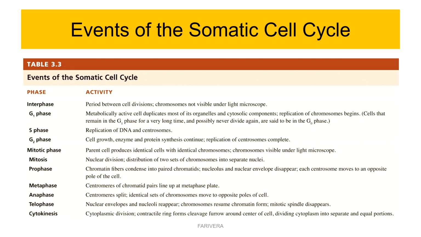So instead of memorizing these isolated definitions, understand the sequence. Okay, the cell first grows. Then it copies its DNA. It prepares for division. Then the chromosomes condense, they line up, they separate, new nuclei form, and finally the cell divides. Okay, so for nursing, the important message is that successful tissue repair requires this entire process to occur in an organized and controlled manner.